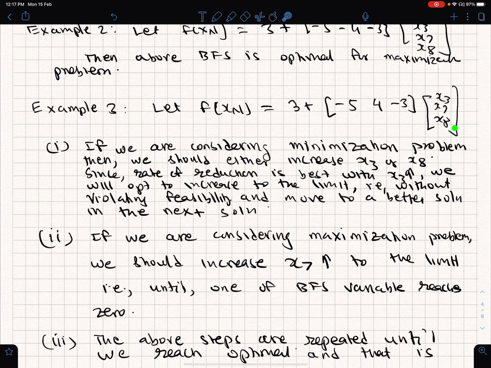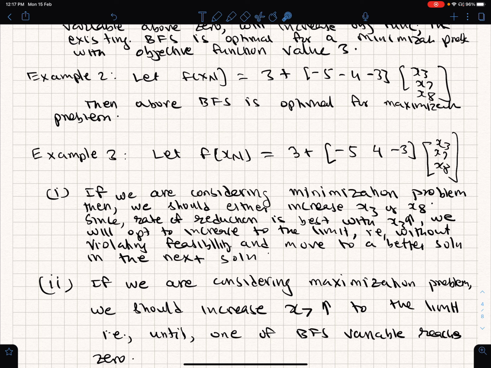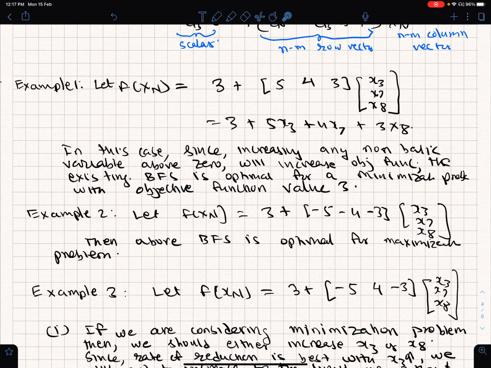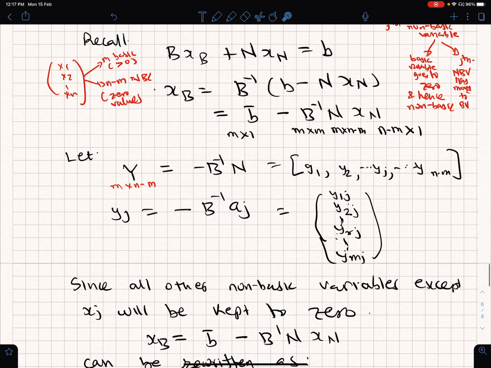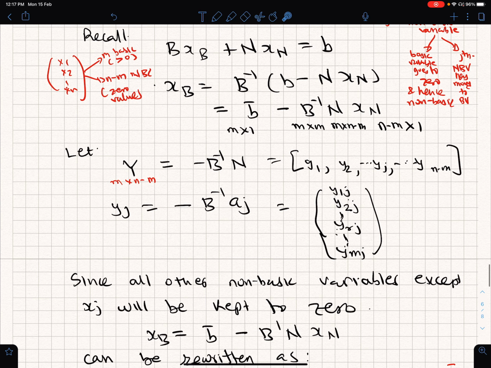because then when you increase that non-basic variable, this will cause a reduction. A positive number multiplied by a negative number will cause a reduction in the objective function. So you will move away from the present vertex to another adjacent vertex. Right now we are assuming that such a step is feasible. If there is no such step feasible, then you are at the optimal solution, you terminate.